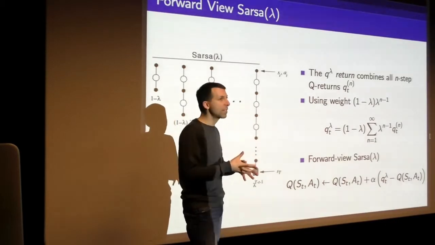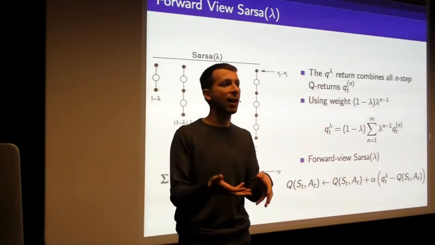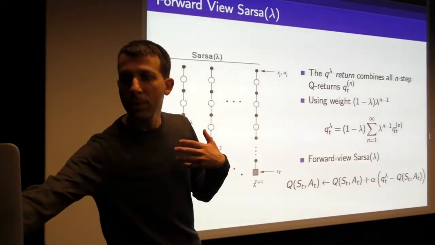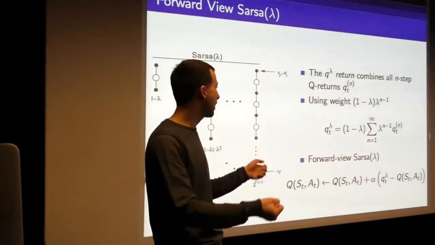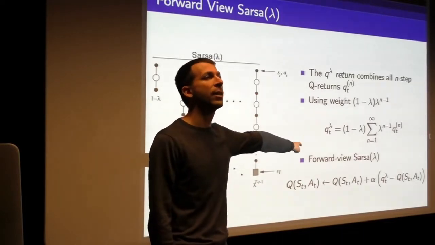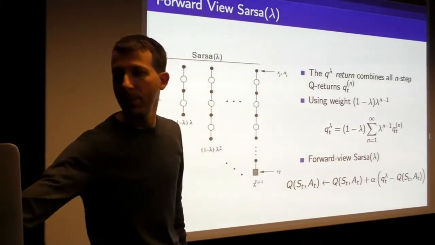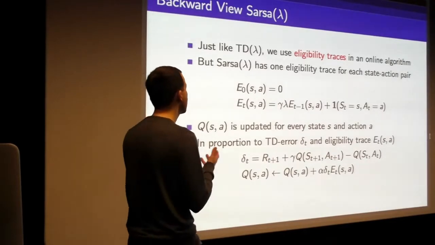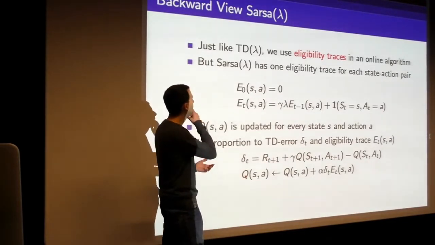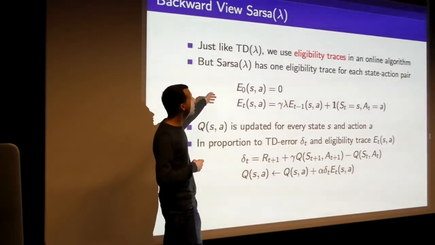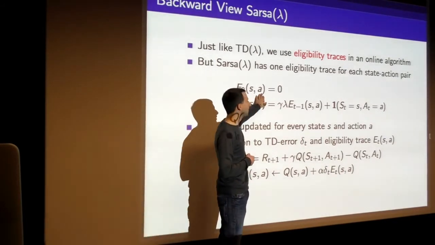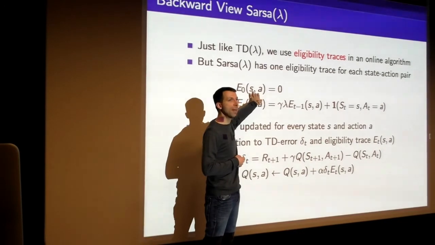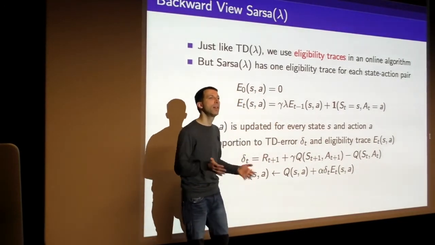So what we're going to do is come up with an equivalent, just like in the last class, by building up eligibility traces, such that when we sum up over those eligibility traces, we end up with an update which is exactly equivalent to this one. The idea is very similar to the last class. We're going to build an eligibility trace now, but the eligibility trace is going to be for all state action pairs. So now we've got a new table, a table of our eligibility